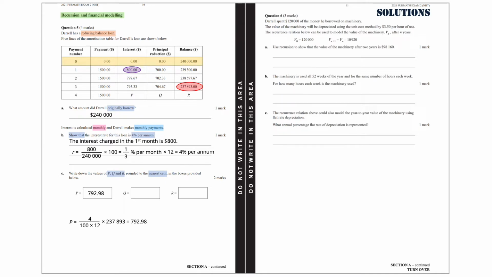$792.98. To calculate the value of Q, the principal reduction, we do 1,500 minus 792.98 equals $707.02. R is equal to the balance of the previous month take away the principal reduction. And this is